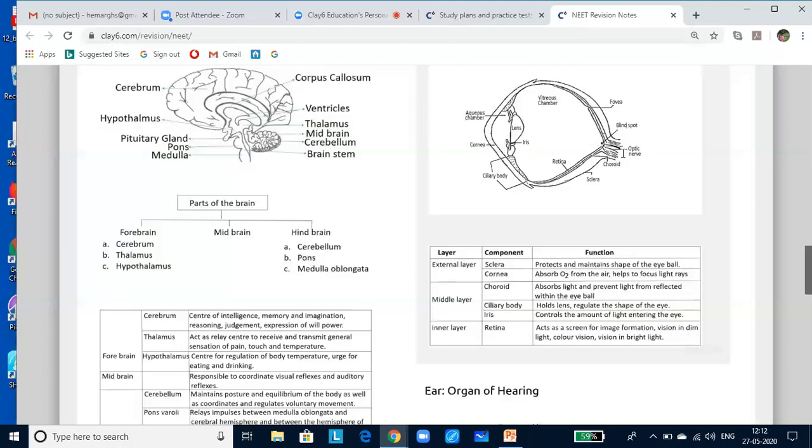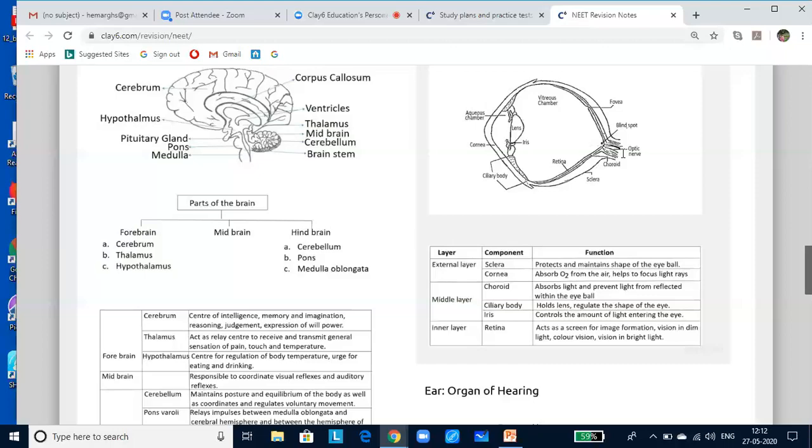Photoreceptor cells are not present in a region called the blind spot. A yellowish pigmented spot called macula lutea with a central pit called fovea is present at the posterior pole of the eye. The space between the cornea and the lens is called the aqueous chamber and contains a thin watery fluid called aqueous humor. The space between the lens and the retina is called the vitreous chamber and it is filled with vitreous humor.